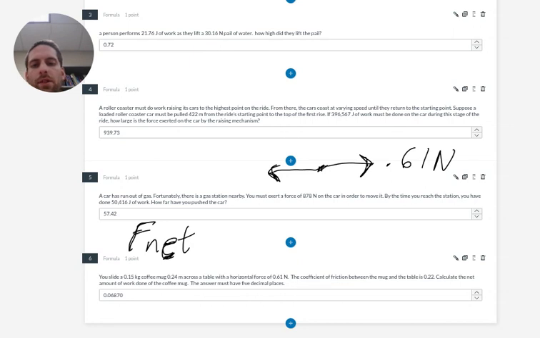Our force of friction is going to be mass times gravity, acceleration due to gravity, times the coefficient value, which is going to be kinetic friction because it's moving. And then we can find that value and get an answer. I'm just going to type it in to solve for the FNet. 0.61 minus 0.15